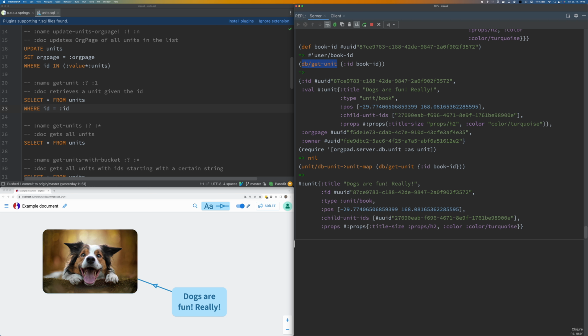What it does is merge the arbitrary JSON into a single flat map, and it also does some parsing, so some values like this unit type, which are stored in JSON as strings, are coerced into keywords. So this is how we can read the state of a living application from memory and do some interactions and computations with it.